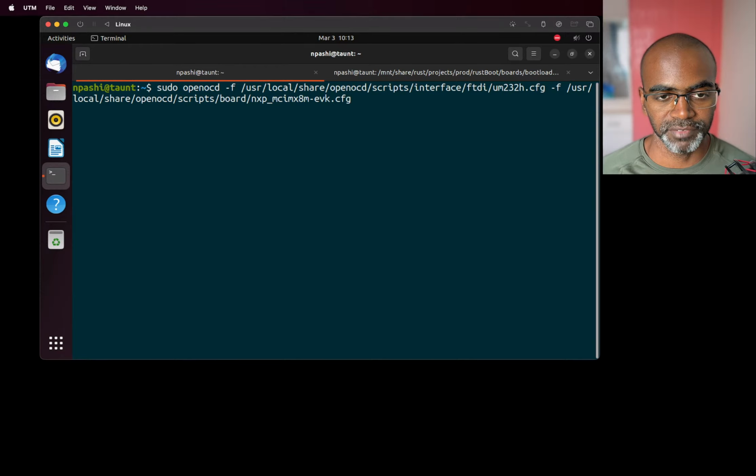Since I've already run them and got this working, let me show you how this works. The first thing is I've got my board connected. My laptop is connected to the debug probe. In this case, I'm using an FTDI chip as my debug probe, and that is connected via JTAG to the board, which we saw in the last session. I'm basically going to use the same setup, and since I need root permissions,